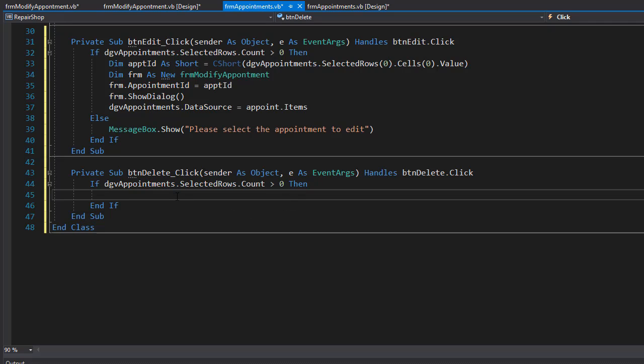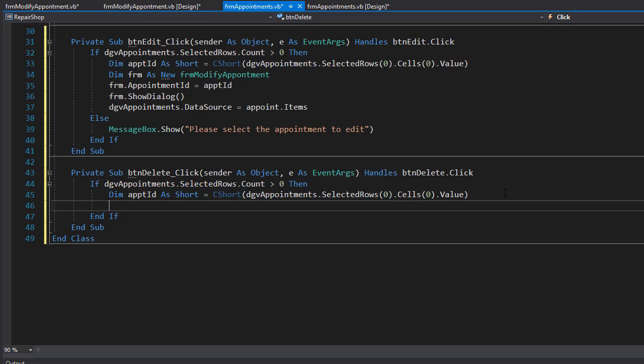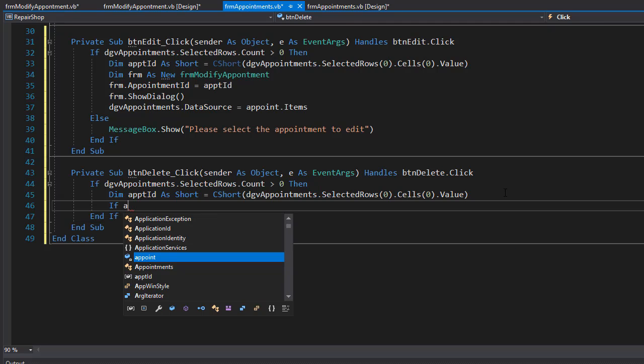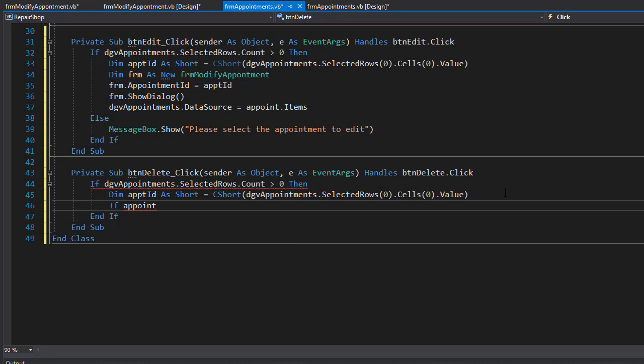So again, we'll grab the ID. So I'll copy this as well, because this will be the appointment that we want to delete. And then we can delete it. And the deletion, of course, returns a boolean whether the deletion was successful or not. So we'll go to an if statement and go to our object of appointment and call the delete method and